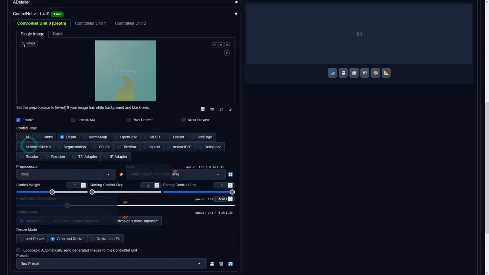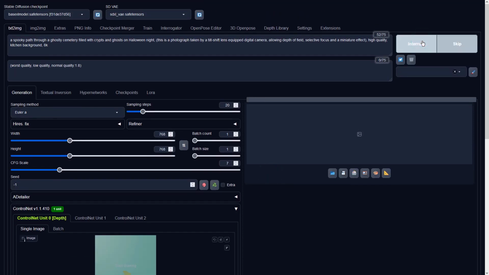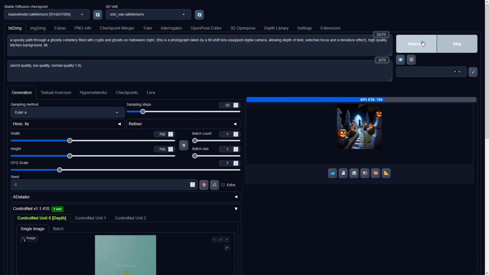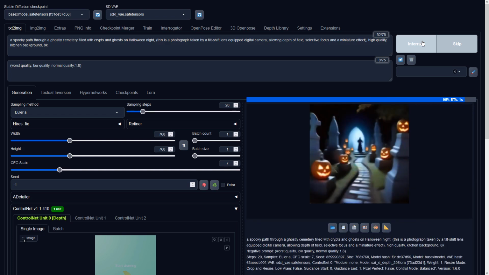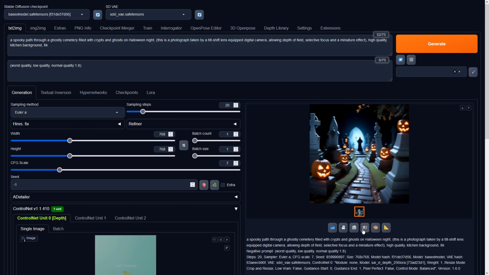Please remember to set the preprocessor to none, and select the correct depth model. Please click this picture icon button below to send this image to image.